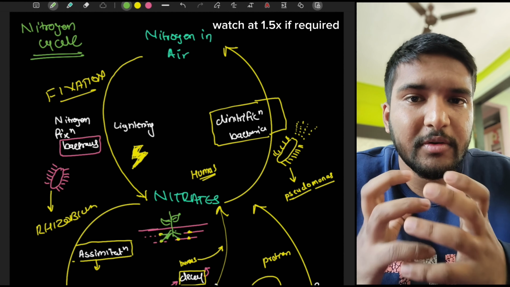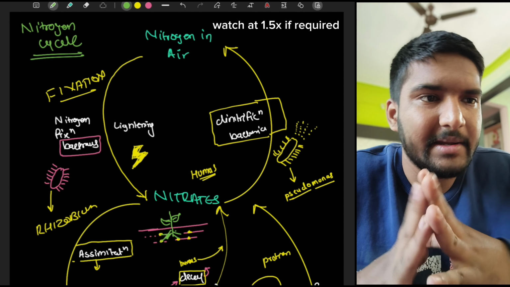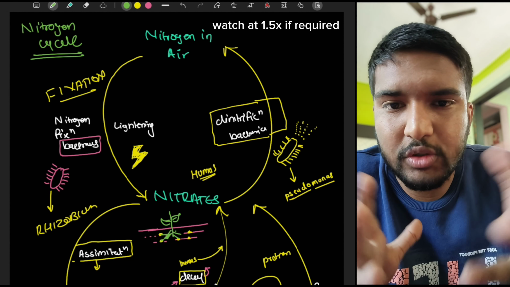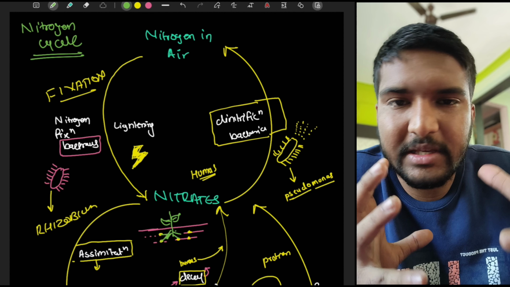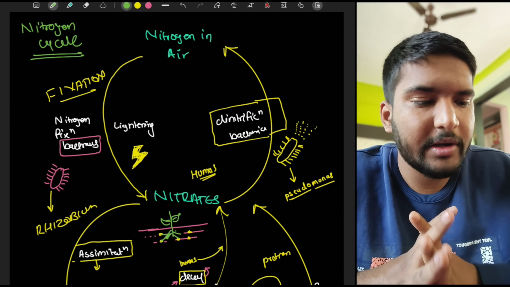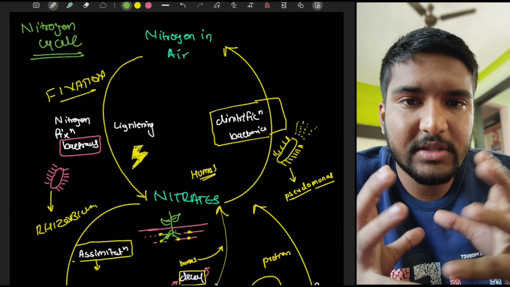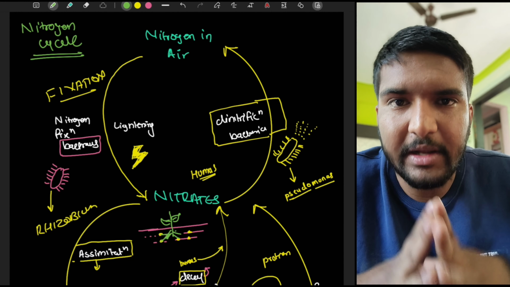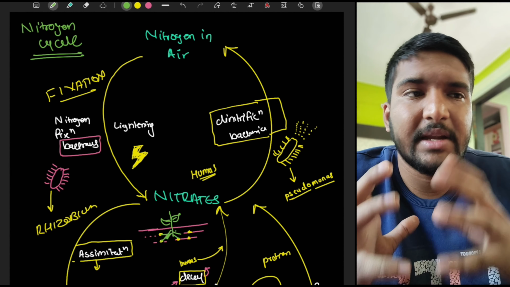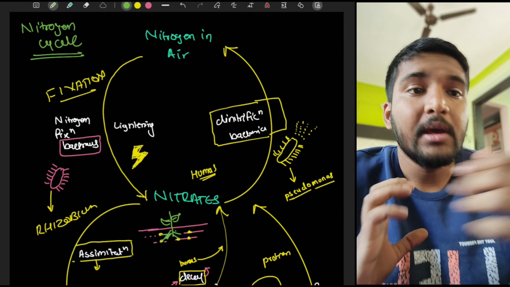In today's session, we would be studying the nitrogen cycle. Sorry for some delayed and late updates and uploads on this channel, but we will be trying to be consistent from now. Since I had my notes already ready and I have taught this topic to a student before, I thought these notes are very perfect for you to understand what the nitrogen cycle exactly is. Yes, today we are going to study the nitrogen cycle.